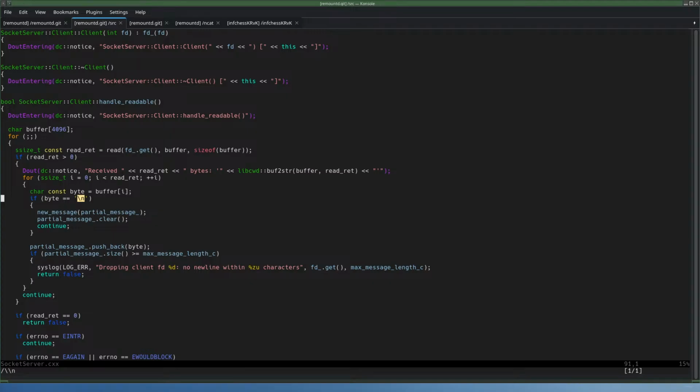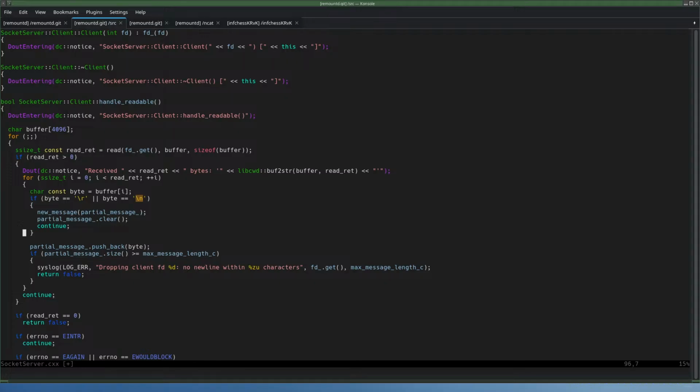Yeah, so if the byte is a new line, then we have a new message. But if it is a carriage return, then it's also a new message. If byte equals carriage return, or byte is a new line, we have a new message.